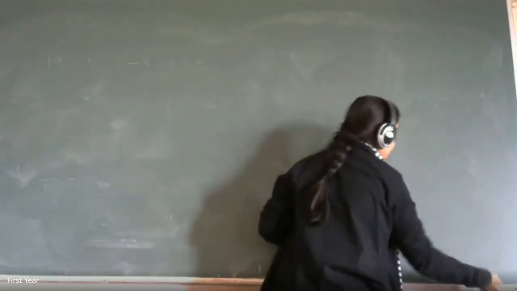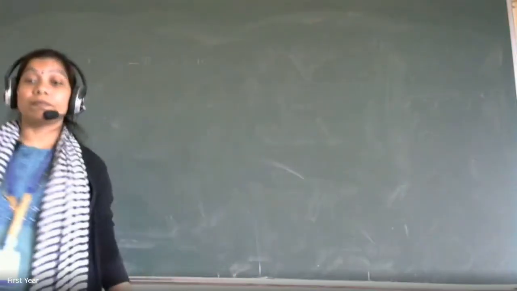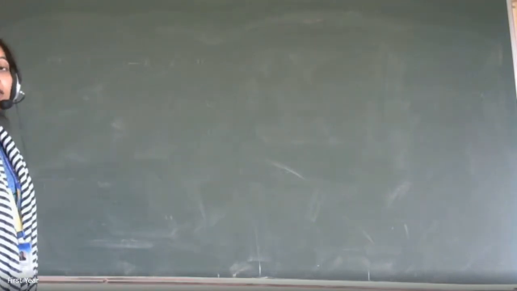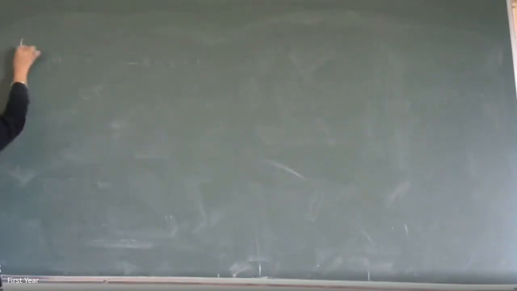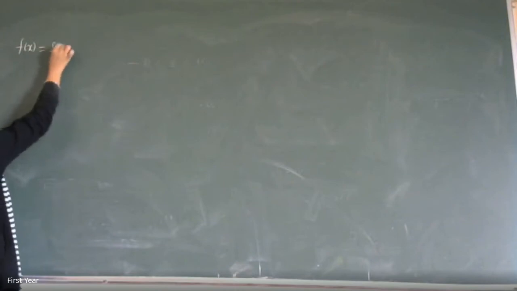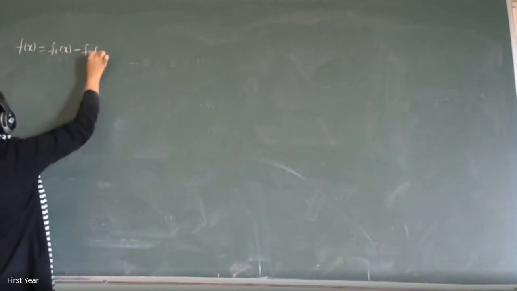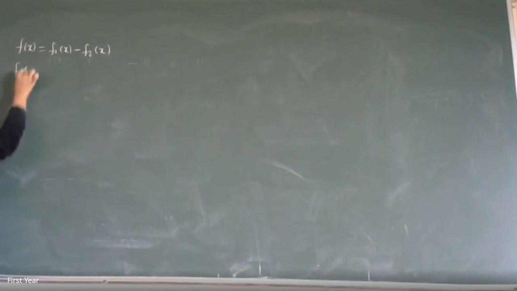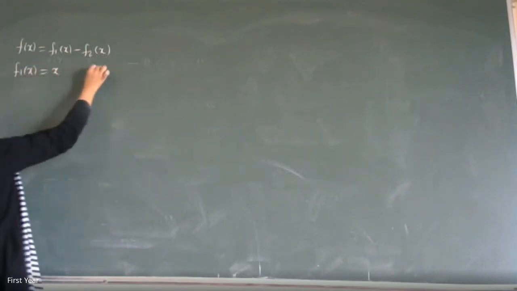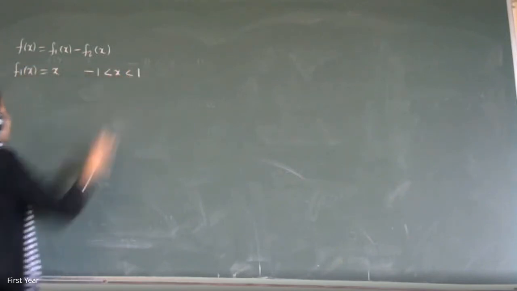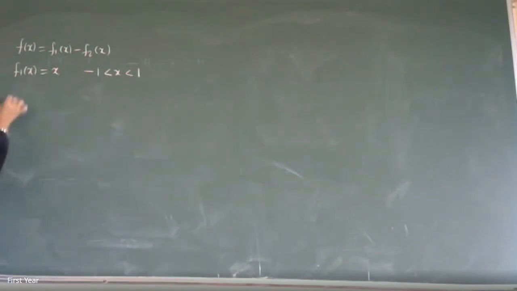Ma'am, we are having the expansion of f of x equal to x. For what purpose, and the period has to be 2l equal to 2 pi, so l is equal to pi? Here what was the interval? Minus 1 to 1. That's why we have to put l is equal to 1. So your f of x is nothing but f1 of x minus f2 of x. f1 of x is x in the interval minus 1 less than x less than 1. You try this, and I will do f2